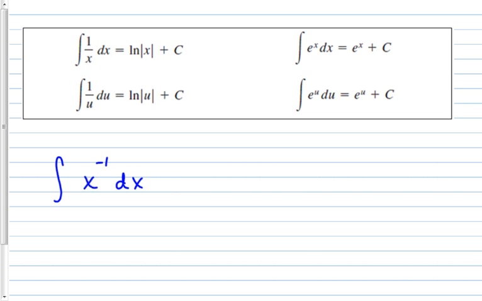And the reason for that is because the rule is you add an exponent and divide by the new exponent. If I were to add an exponent to -1, that would be -1 plus 1, so I would end up with x to the 0 power. So whenever you end up with x to the 0 power, this doesn't work. And the integral is natural log of whatever